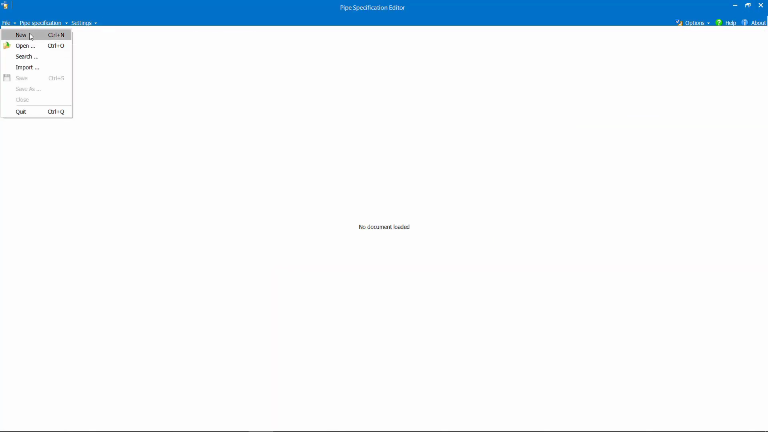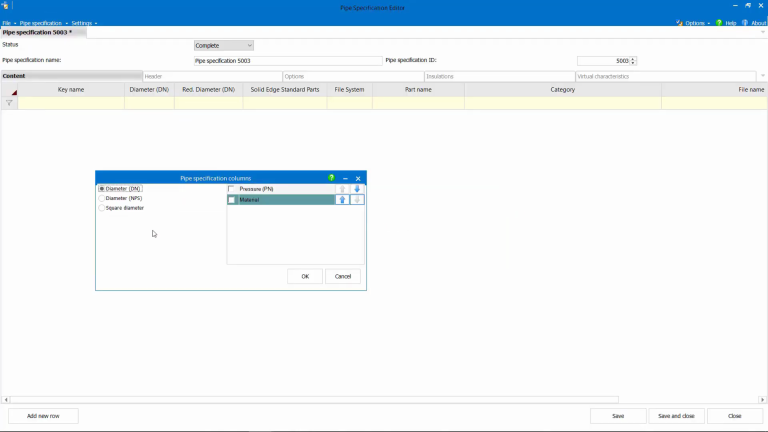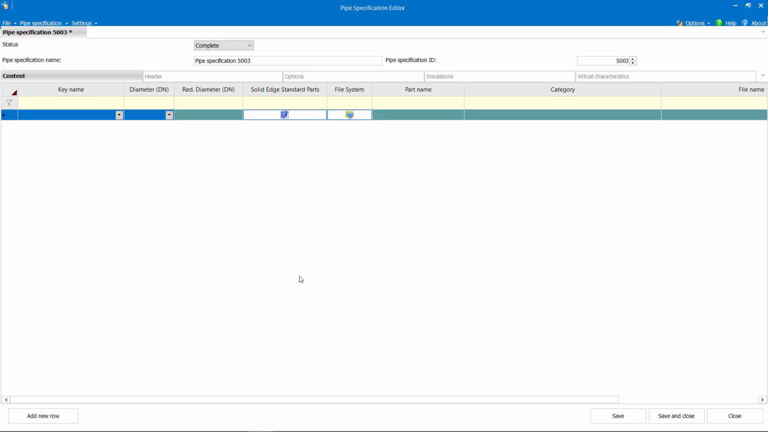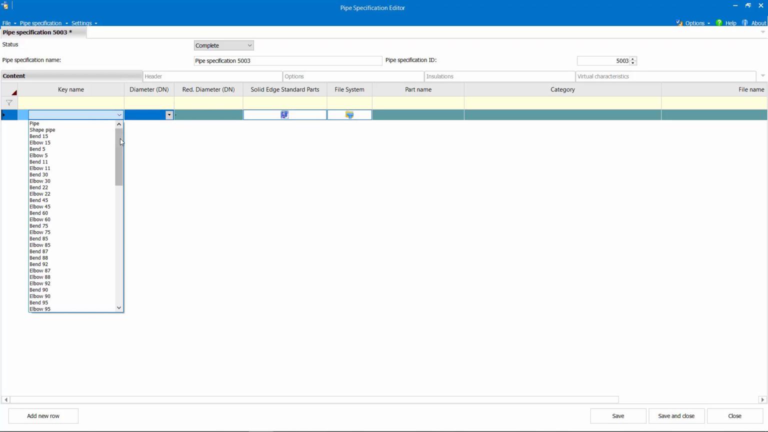Let's create a new pipe specification and add all the parts which we have previously prepared. Click OK to default selected columns. Diameter columns are automatically populated so that the size can be defined for all the parts. Let's start with pipe key name,